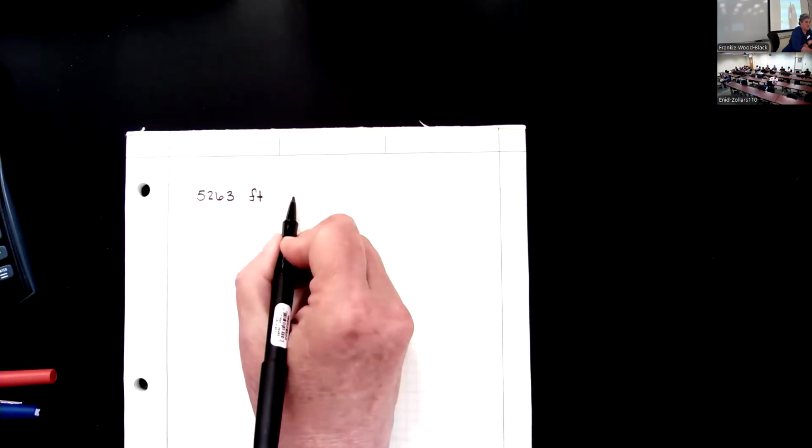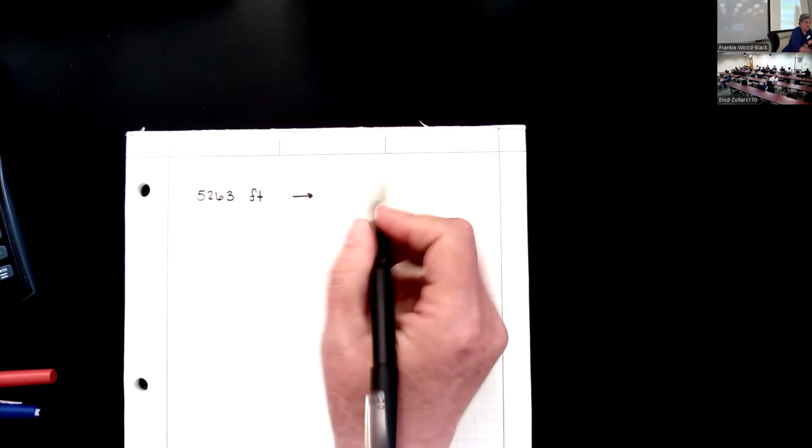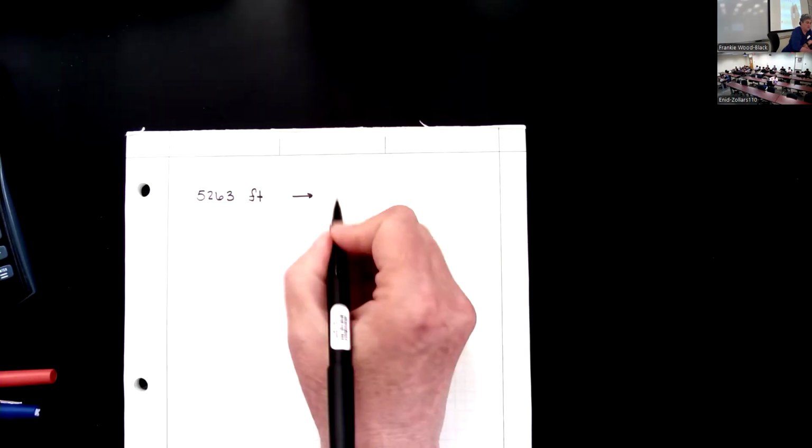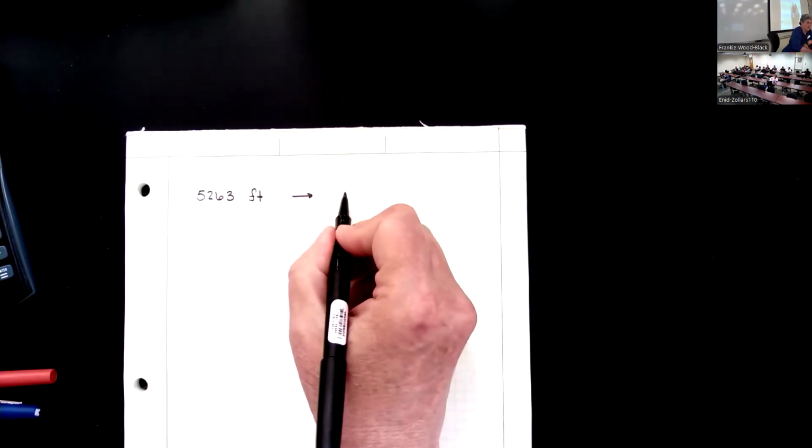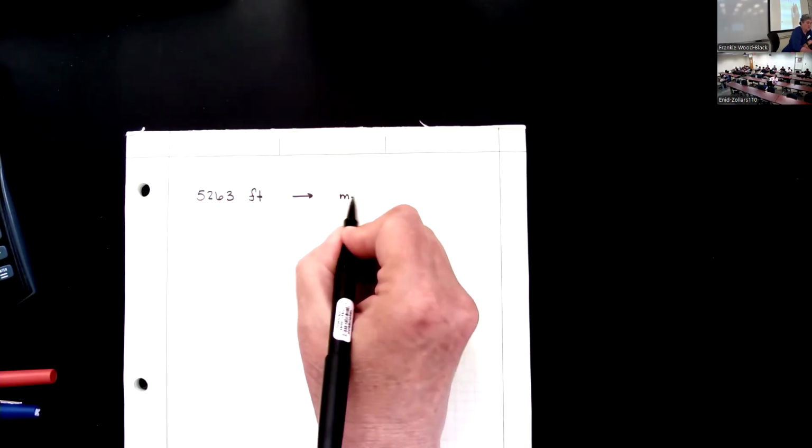Let's do 5263 feet, and I want it to go into meters,